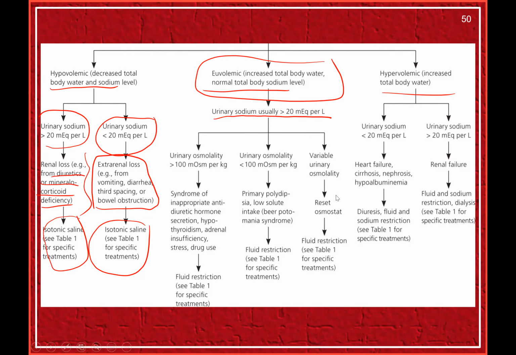What is that? Then look at the urine osmolality. Another test is required now, urine osmolality. Just like the serum osmolality, we calculate the urine osmolality. But for serum, only sodium, glucose, and urea are used. For urine, you use potassium also, and the calculation I have shown earlier in acid-base balance. So if the urine osmolality is more than 100 milliosmoles, that means syndrome of inappropriate antidiuretic hormone secretion.